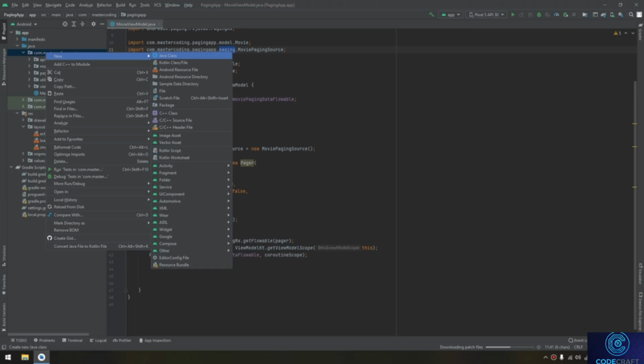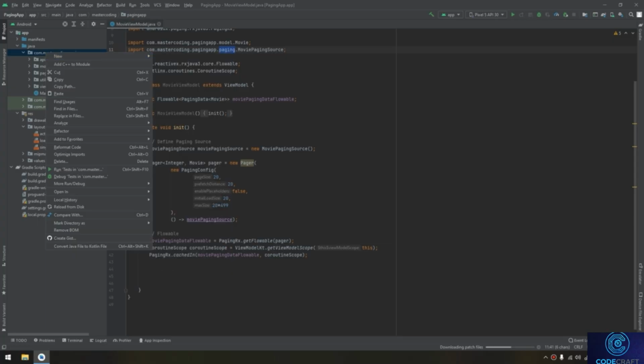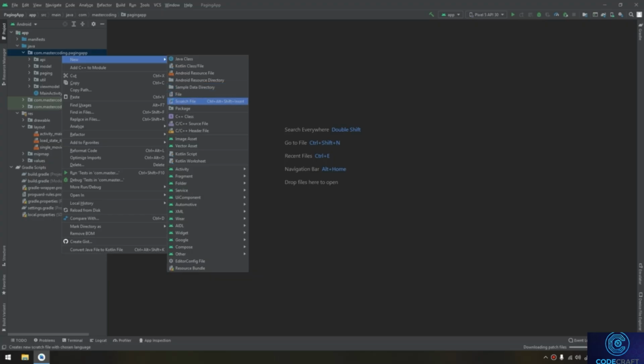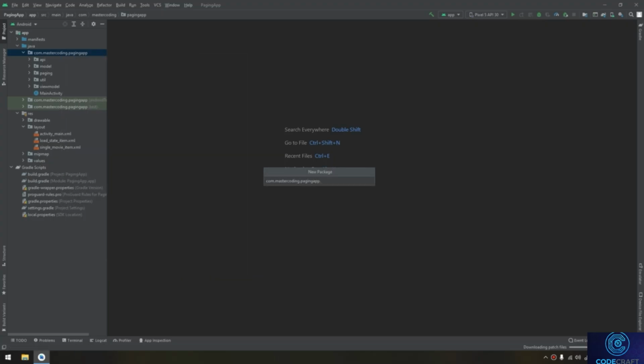And in this app module, we are going to get the Glide library instance, in order to fetch the drawables and the images and the poster path into the placeholder, which is our drawable.ic_image that we have created in the layout in the previous videos. So let's begin. We will create the package here called